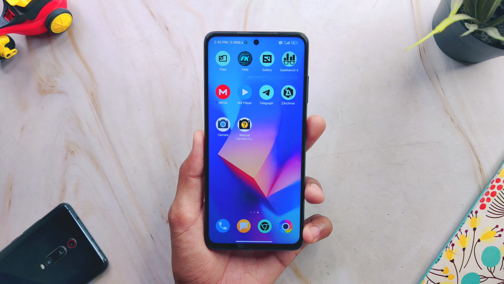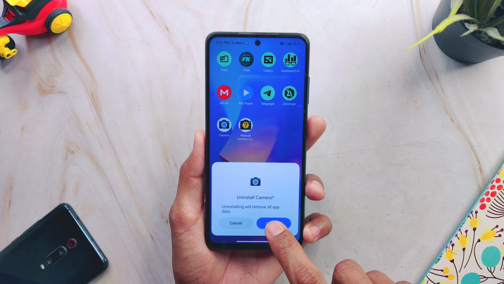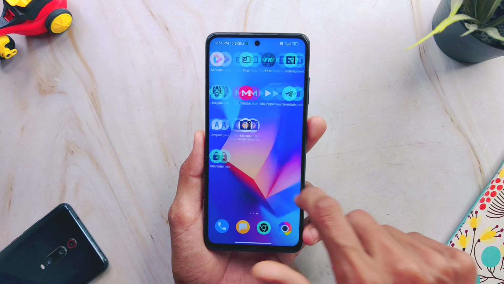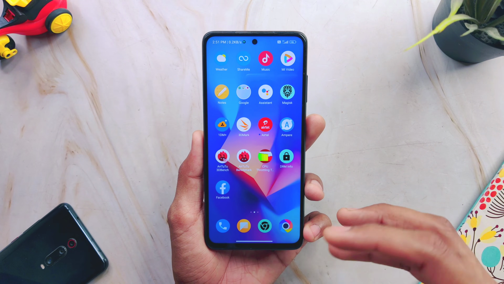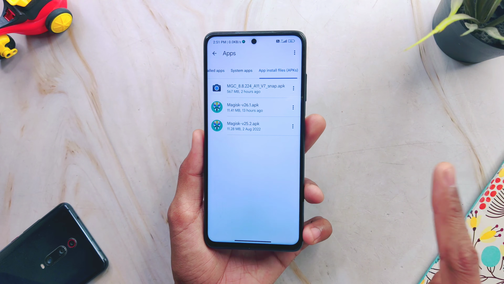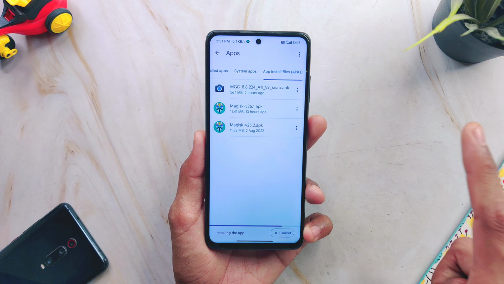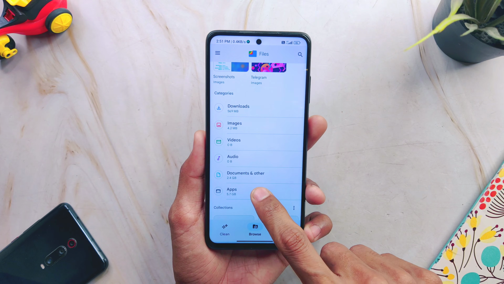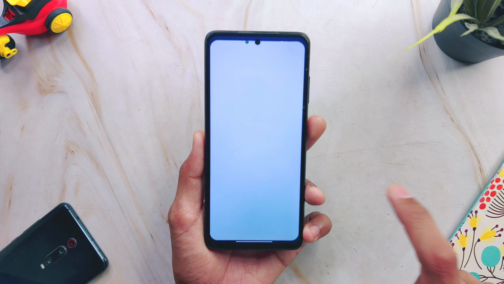Now let us talk about the installation process of installing Google Camera. Just make sure to uninstall every camera installed on your phone, like BSG mods or any other mod. If you have installed them on your device, just uninstall all the mods and go to your file manager, click on the downloaded APK. Like I have Gcam 8.8 version, which is approximately 567 MB, and you can use your default file manager.